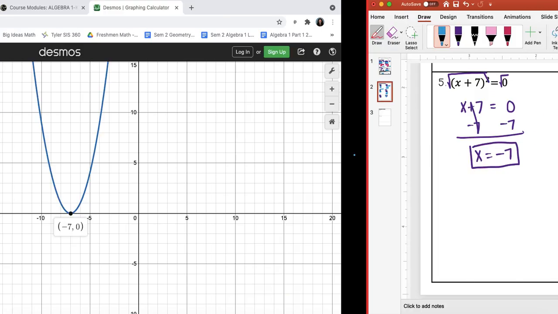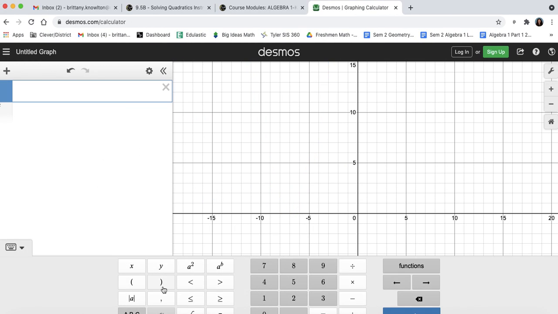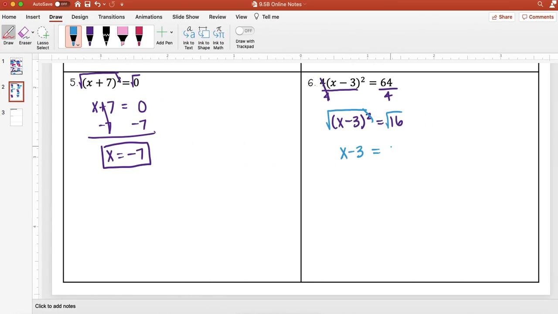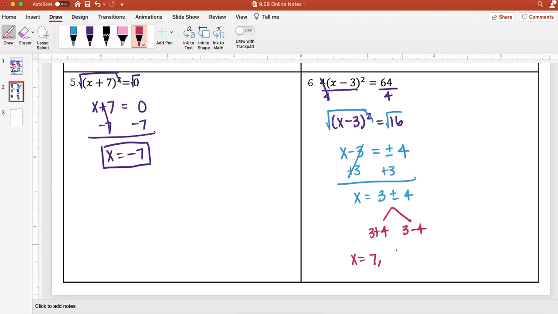The square root of 16, if I come over to Desmos again, I see that is going to be 4. But whenever I take the square root, I always need to put a plus or minus in front of it, every time. Then add 3 to both sides. And then break this off. So I really have 3 plus 4, 3 minus 4. 3 plus 4 is 7, 3 minus 4 is negative